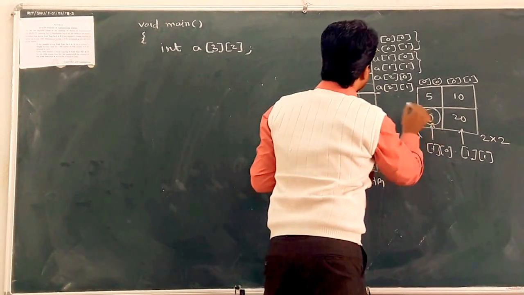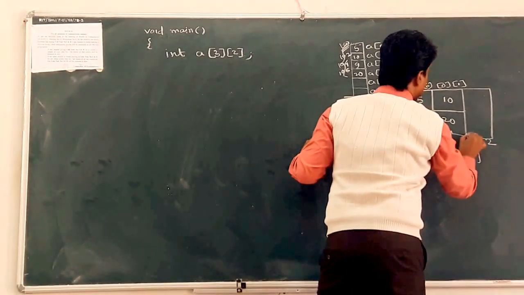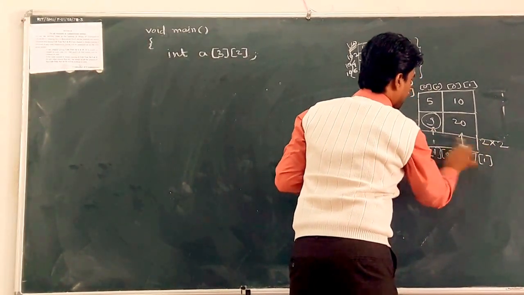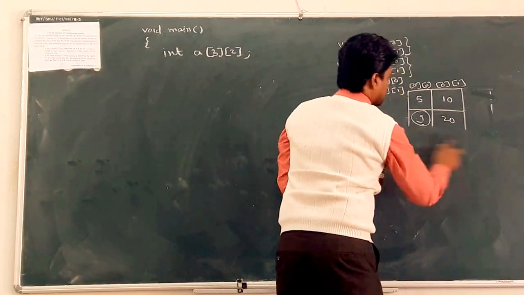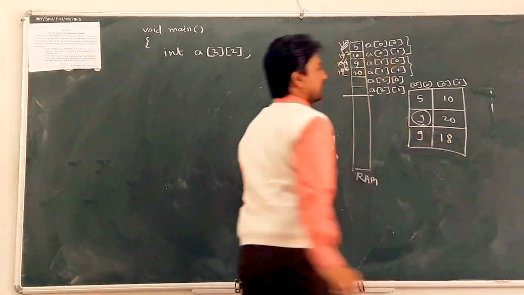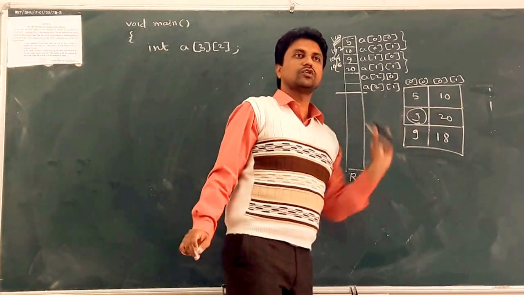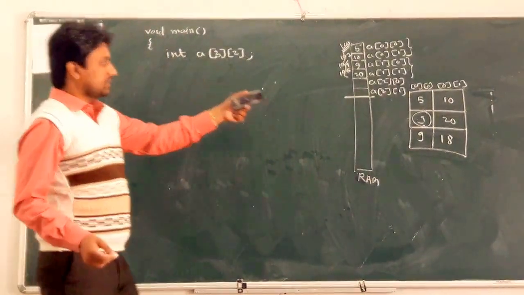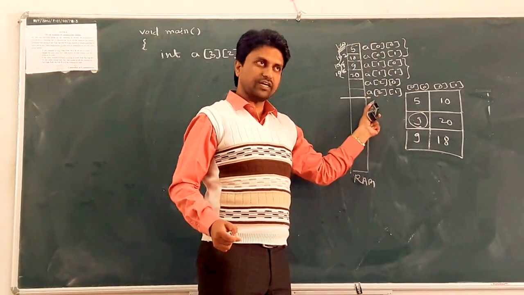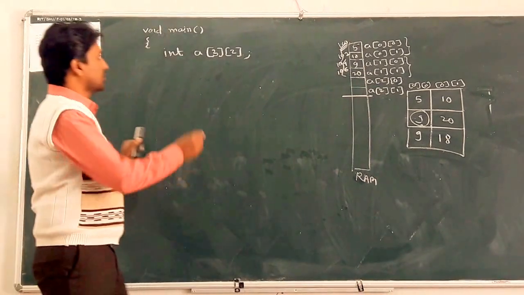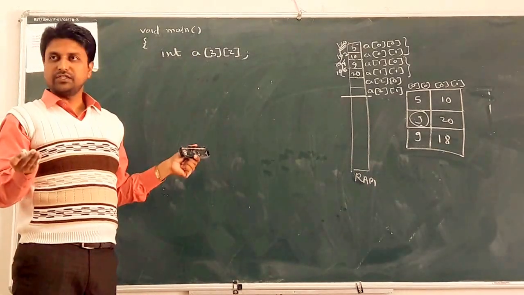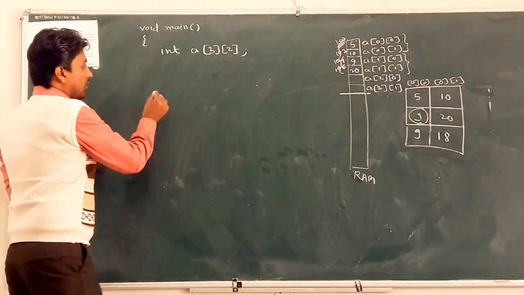Suppose we specify number of rows 3, number of columns 2. Clear? So this is the graphical representation, but actually memory management is like a one-dimensional array. Okay, so the next part is how to scan the elements in this two-dimensional array dynamically using the scanf function. For that, it is easy.